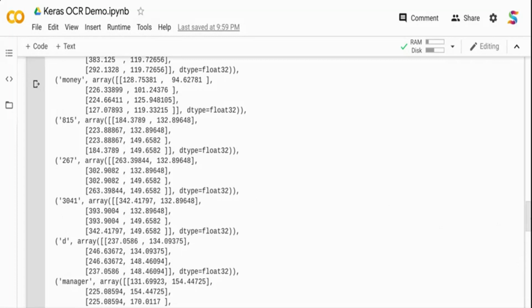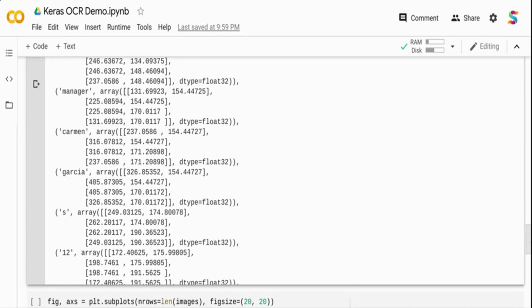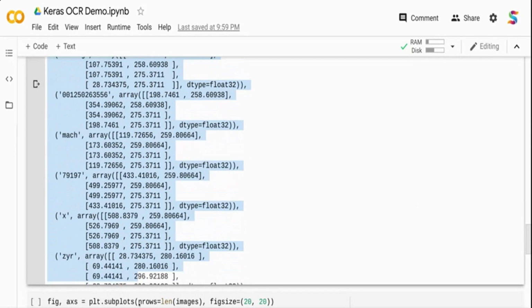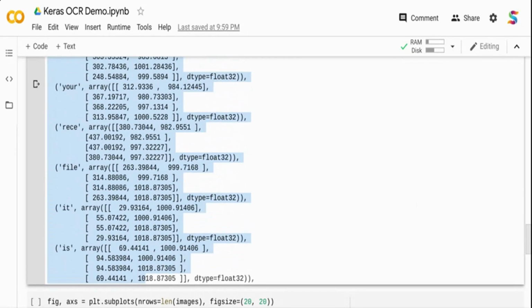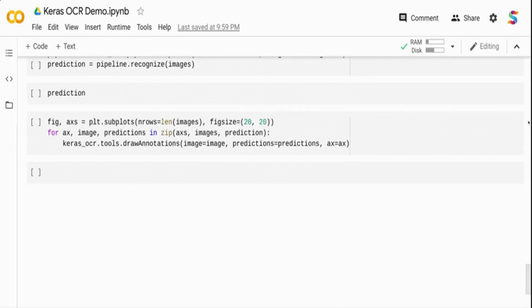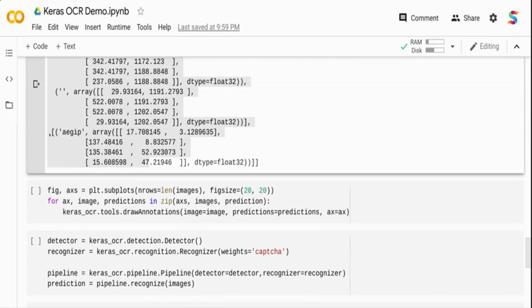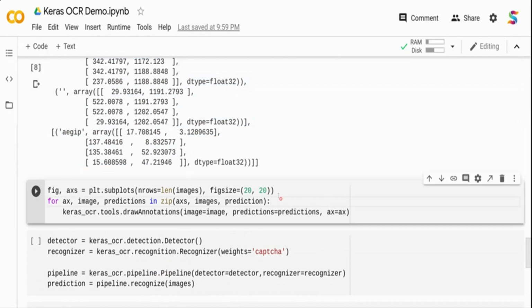But the only thing is, when we are passing something which the model is not trained on, it has not done a pretty great job. And that's true with the captcha image that we fed in. I'm sorry, yeah, this is the one. So now what I have done is I have taken the same thing and I have trained a model to recognize captcha images.